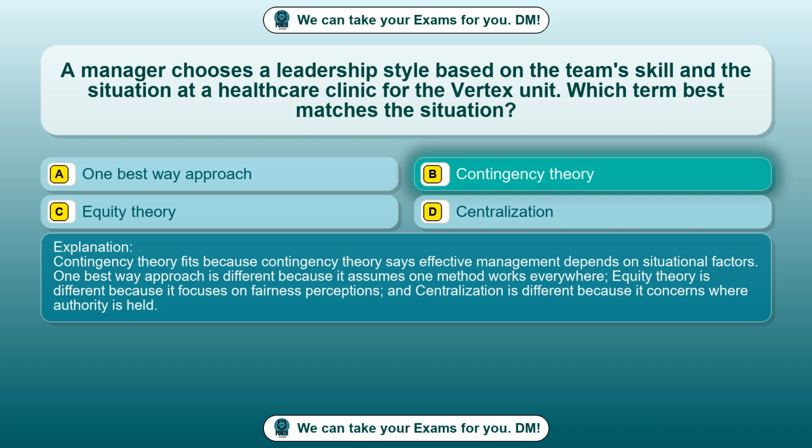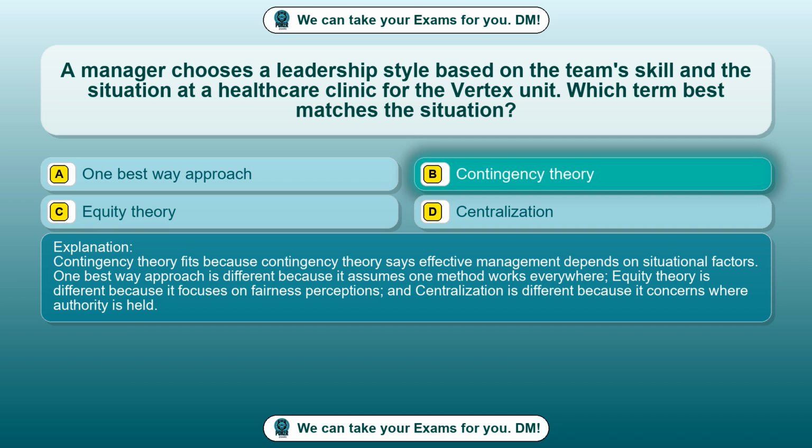Contingency theory fits because contingency theory says effective management depends on situational factors. One best way approach is different because it assumes one method works everywhere. Equity theory is different because it focuses on fairness perceptions, and centralization is different because it concerns where authority is